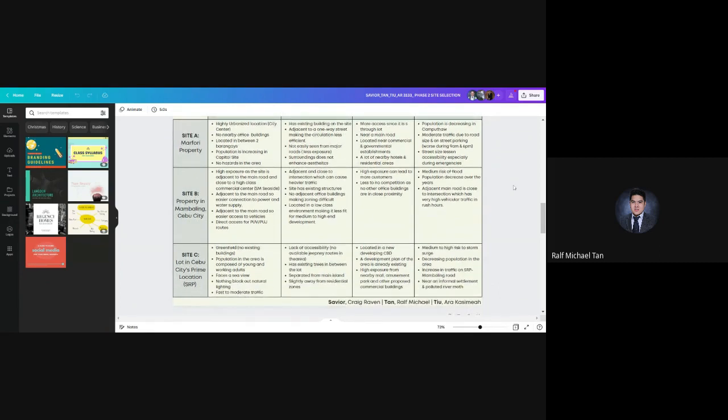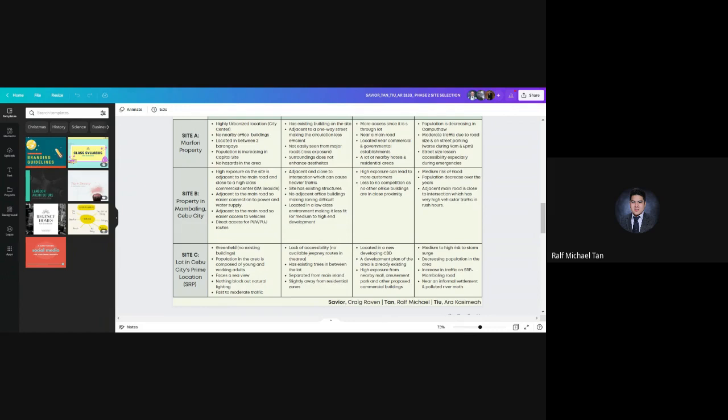So next is site B, which is the property in Mambaling. Its strengths are it has a high exposure since it is adjacent to the main road and close to an existing CBD, which is SMC side, and because it is adjacent to the main road, it can be easily accessed with utilities. And for its weaknesses, it is close to the intersection, which can cause heavier traffic,